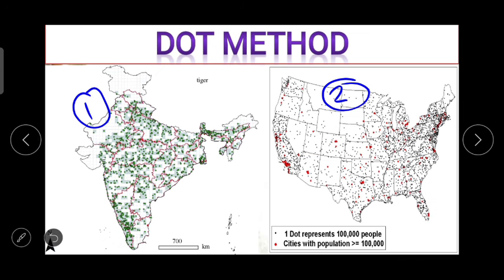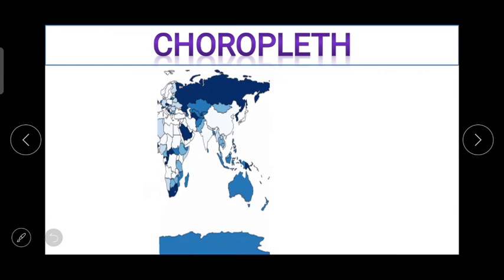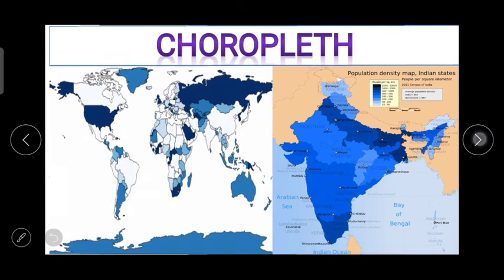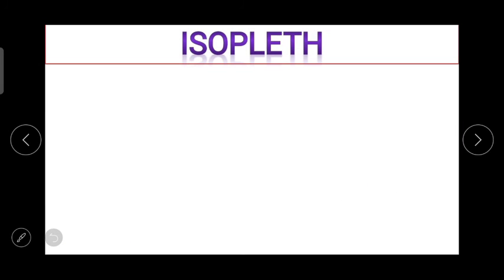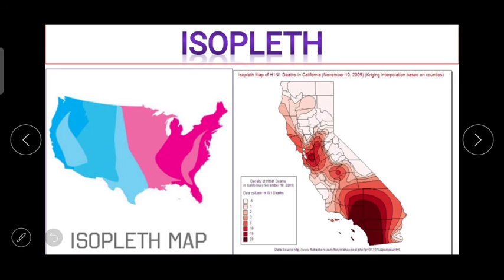Now here, to understand, what does one dot represent? It represents 1 lakh people. 1 dot is equal to 1 lakh people. Like this we have to prepare dot method maps. Then for choropleth, you can see the example on the screen. And now it's isopleth. With the help of figures or diagrams, one can easily understand the difference between